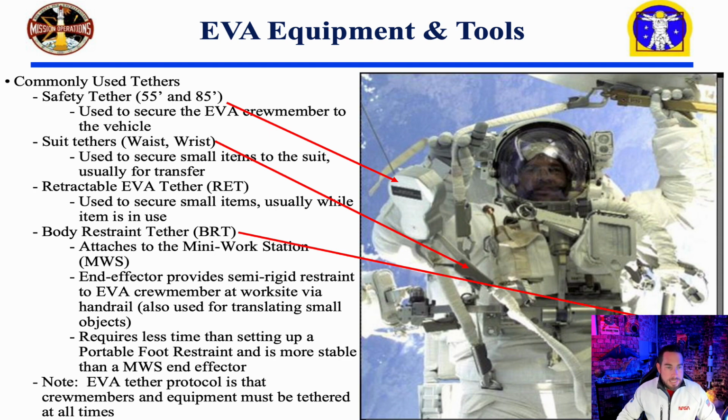Now some of the tethers that they use, just here for your reference. If they use a rigid tether or a body restraint tether, it gives them a little bit more secured connection to the site. So it allows for a better degree of two-handed tasks, and it gives them greater control versus a free-floating astronaut. If you're free-floating in space, it's hard to maneuver yourself, it's hard to manipulate things, but if you have a rigid tether that's keeping you connected, so it doesn't give a lot of flex or bend, keeps you kind of secured where you are,